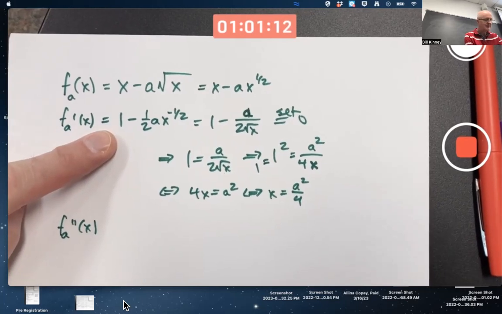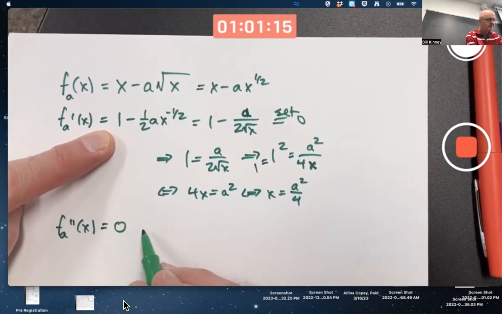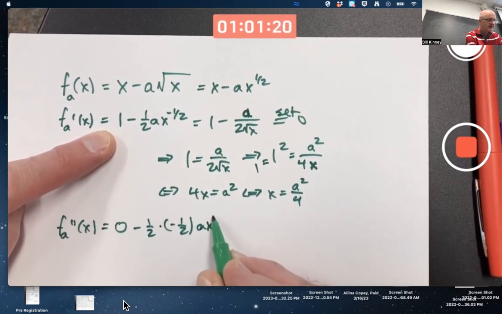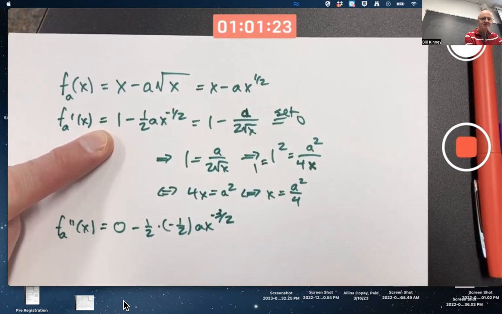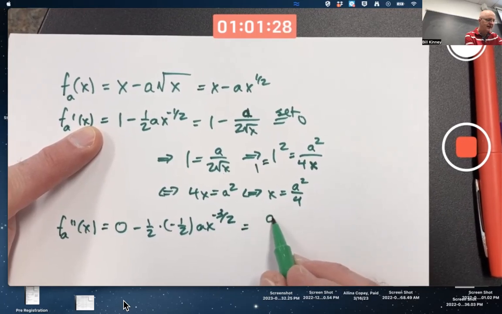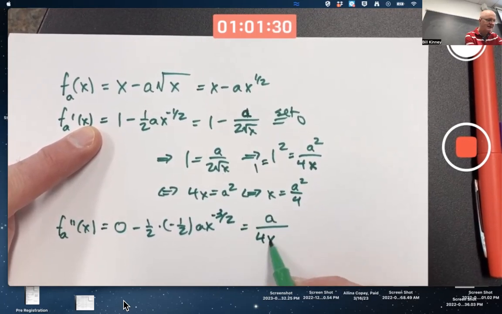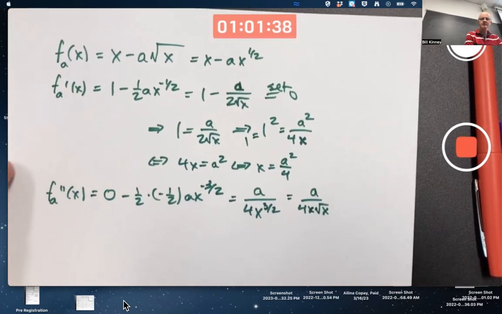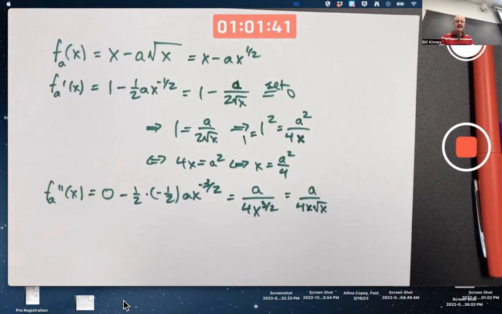Now differentiate that. The 1 differentiates to 0. Continue differentiating. It looks like we get this. Minus signs cancel. If you simplify this, you get a over 4x to the positive 3/2, which is, if you prefer, a over 4x times square root of x. That's the second derivative, if I've not made a mistake. If x is positive, which it would have to be for the second derivative to exist,